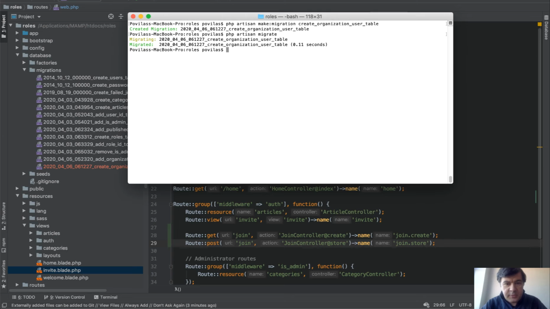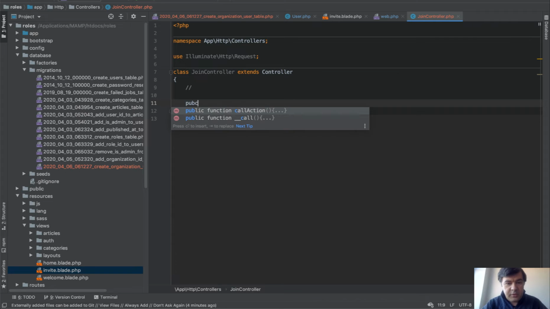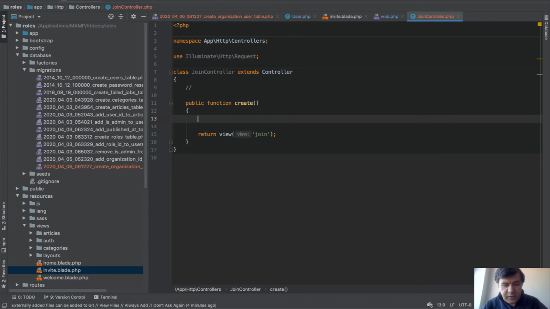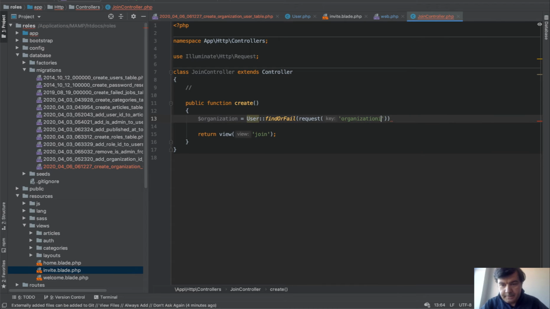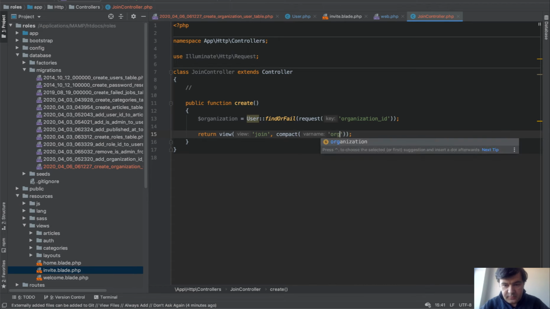And let's create that controller. Join controller. It's empty for now. Join controller. Public function create will be just an invitation page, so return view join with organization, and that organization will come from user find or fail by request organization ID, and that will be passed to our view compact organization. Okay,